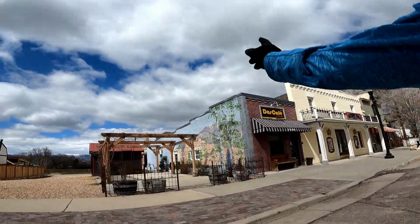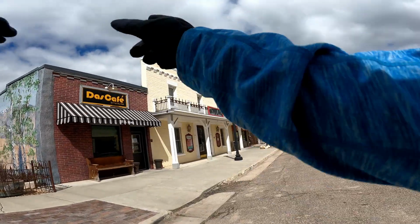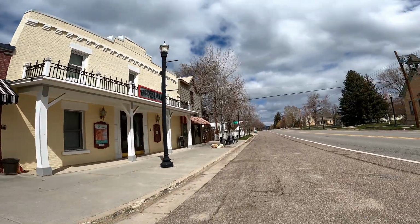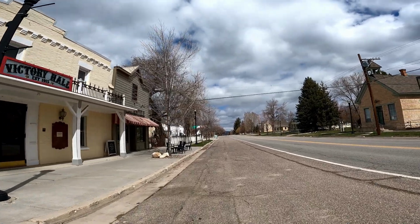Alright, here I am giving a thumbs up as I point to Das Cafe. That's because I highly recommend this place for you guys to eat at. It's a good meal. Das Cafe, this small brick building, was once home to the Baxter Confectionery, also known as